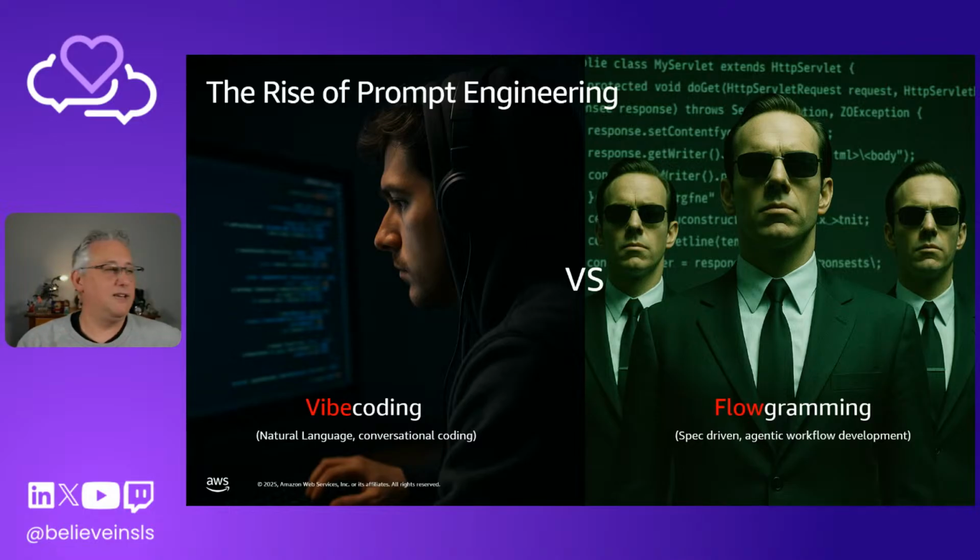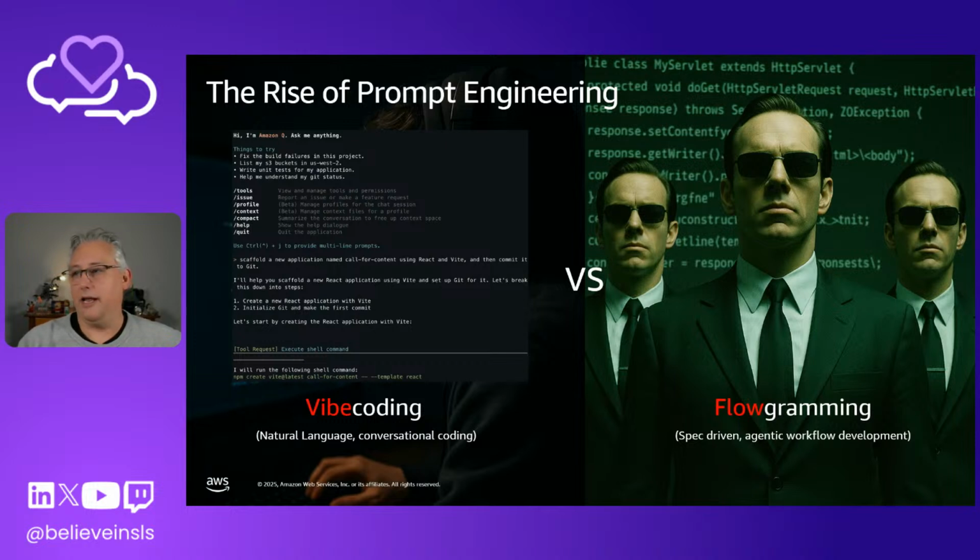We've talked a lot about the rise of prompt engineering and vibe coding. Vibe coding still has a place. It's where you do something really quick and you don't need a lot of structure and rigor around what you're doing. That's great for bug fixing, maybe writing a quick test. You give it a broad statement, it does that, then you refine that statement and keep iterating on that vibe until you get what you want. It might be a bit of a roundabout way of getting there.